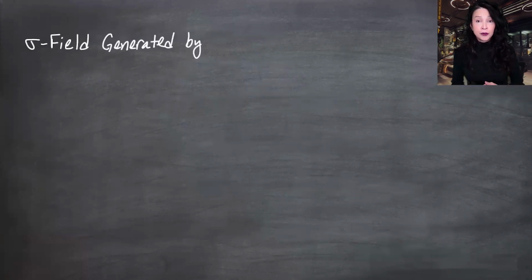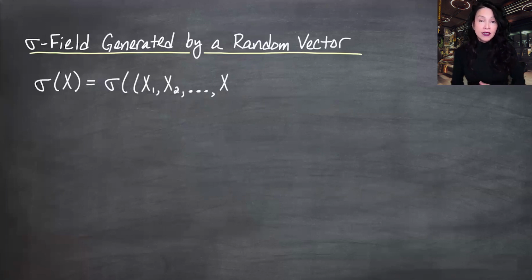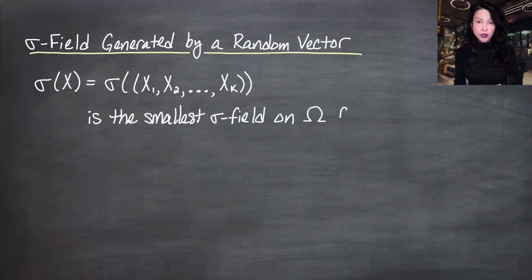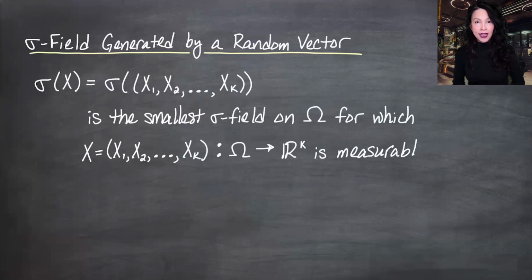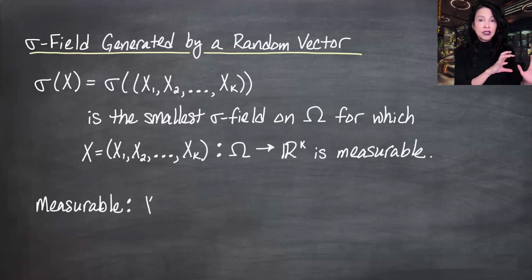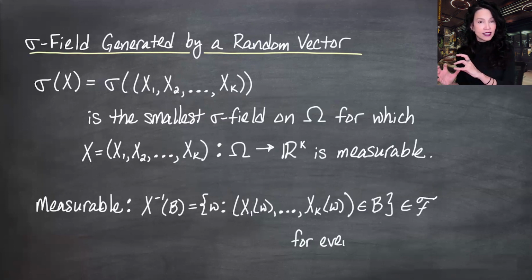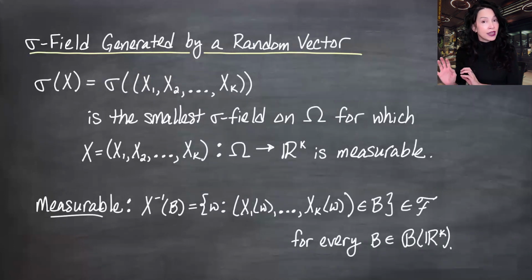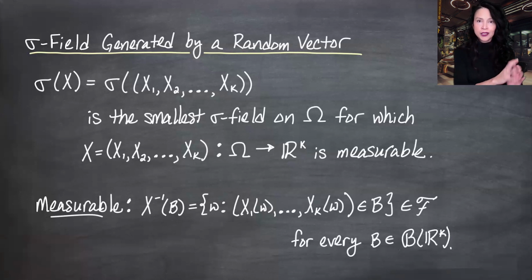The sigma field generated by X, which is this vector valued thing, is the sigma field generated by this vector. Note that I have the sigma field parentheses and the vector parentheses here. I'm going to stop doing this after today, but I want to talk about it one more time. This is defined to be the smallest sigma field with respect to which X is measurable. Again, measurability says that if we take a Borel set and pull it back under X, pull back all the components, we get something in omega. That set must be in curly F, no matter what Borel set we choose from the space over here.